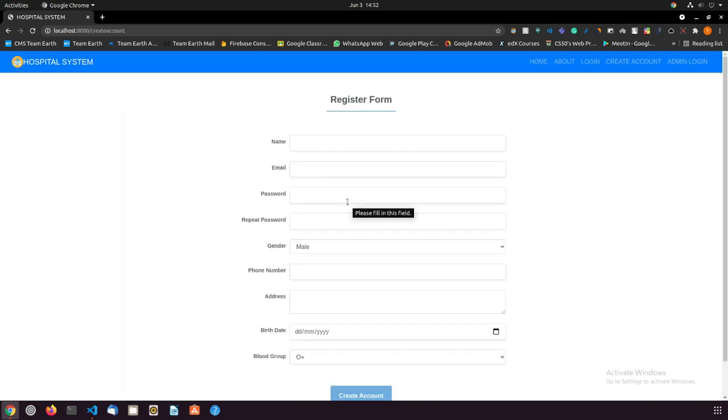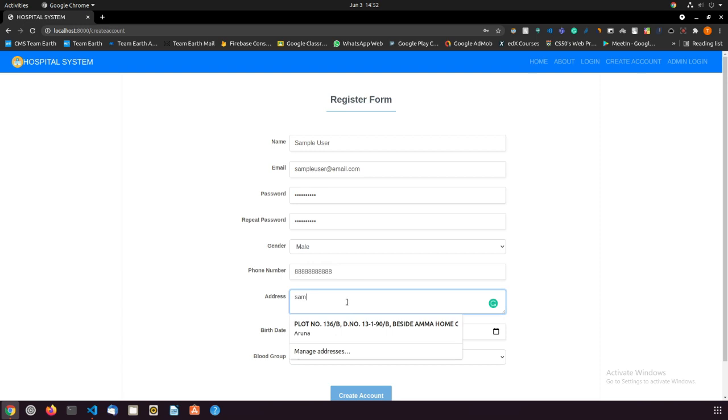When you click on create an account and give the details and log in with it, let's put sample details here. Let's put sample user, and then let's give the sample user an email. Any email works with any kind of domain because this doesn't use the proper authentication. And then let's give a password, some kind of random password. And then you have to mention the gender, and then you have to take the phone number. I'm going to give a sample number, and then let's put a sample address right here,